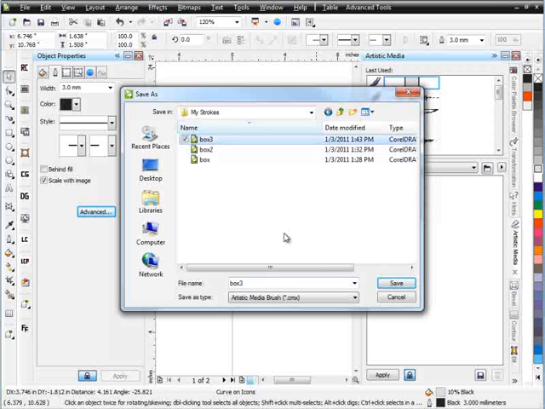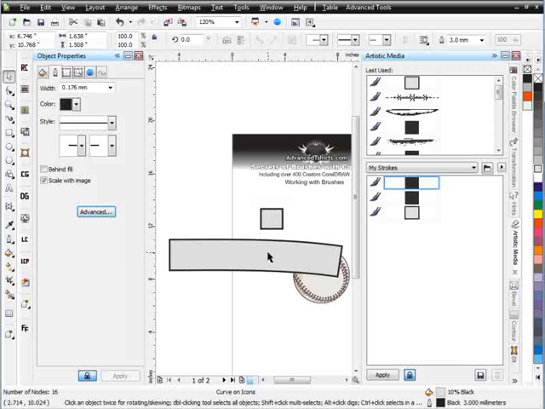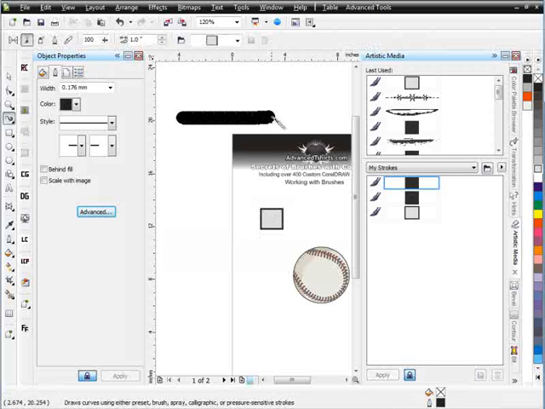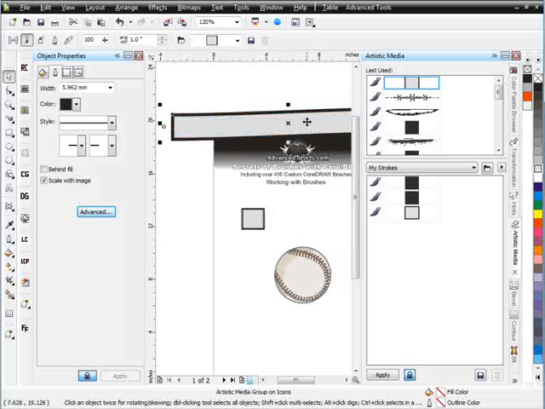Actually, I'm going to overwrite box 3. That way I won't get any confusion over which box I'm selecting. Now I'm going to delete this because that's the old one. Create another brush stroke with box 3. Now I had scale with object turned on, but you'll notice that when I scale this,